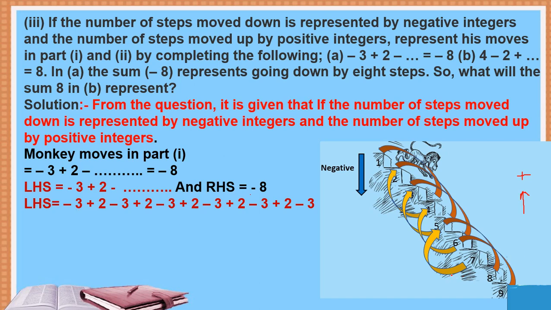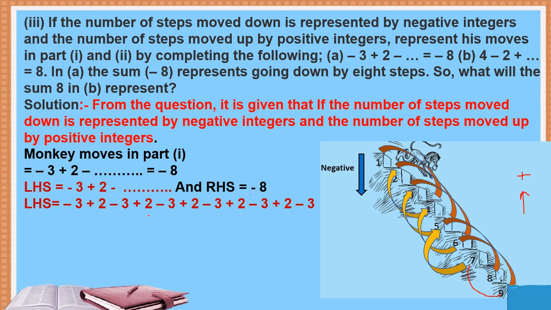And similarly, in the first problem he goes back 2 steps. In that we had taken it as a negative integer, but in this problem we have to consider that going upside is a positive integer. So how many jumps here? For moving down to up, it is 1, 2, 3 and 4. So 1, 2, 3, 4, 5 times. Again one more step is there, from 9 to 7 also. So the total number of jumps is 1, 2, 3, 4, 5 times, each positive 2.